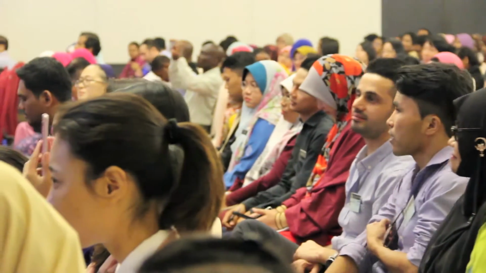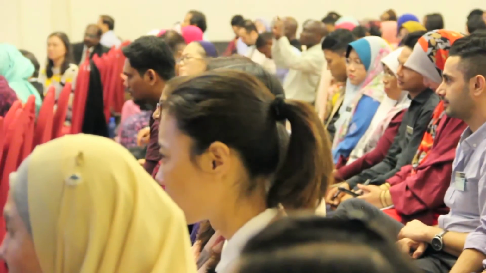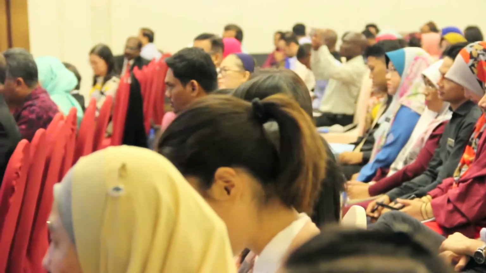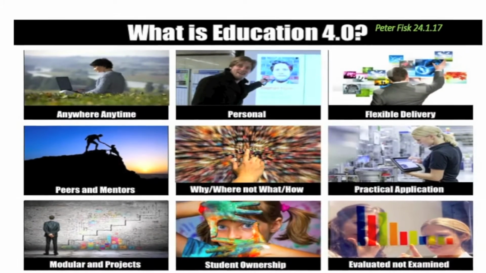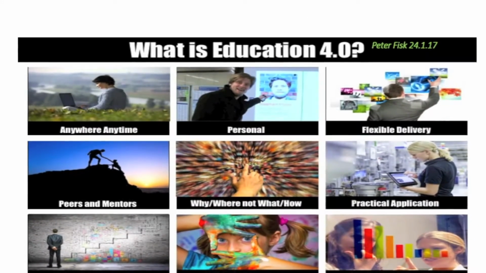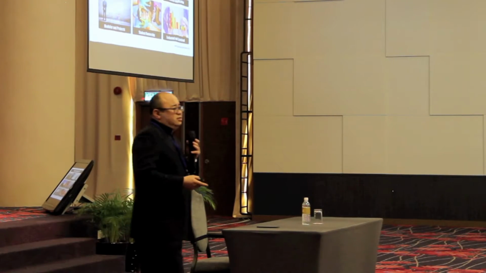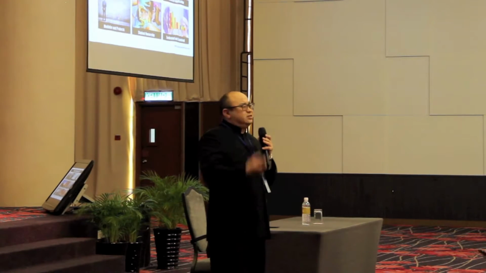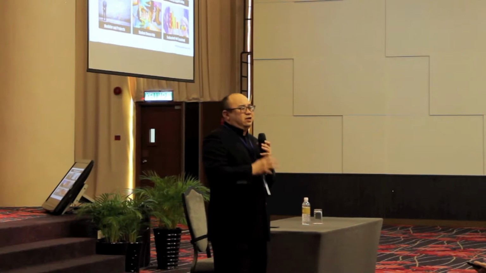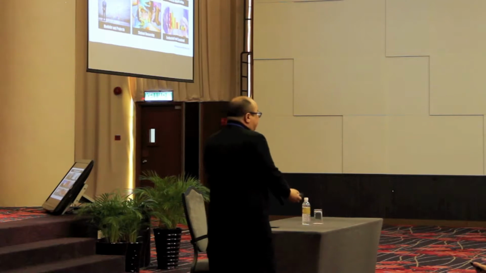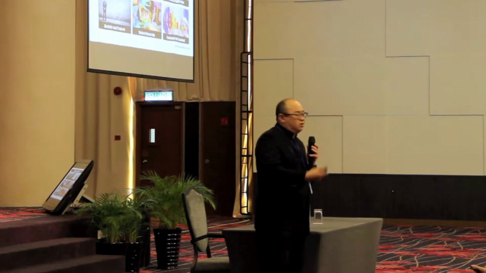All right? And student ownership, you make them take responsibility for whatever they do, then they own it. If they fail, they find that they fail, not the teacher fail. All right? Or we do it as a team. We do it together, our project. Okay? And evaluated, not examined, because a lot of stuffs, all right, there's no right or wrong answer. When you enter university, you go and argue whether it's a strong or weak argument. Even in parliament, sometimes you find it so dumb, but they argue until it's passed, all right, whether the argument is strong or weak.